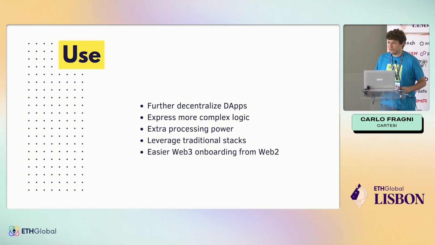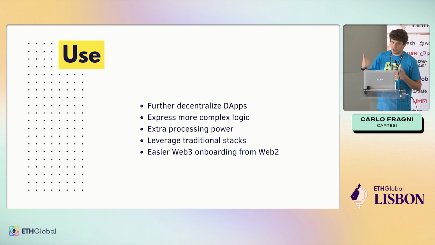Cool. Now that you have a crash course on how to make a Cartesi application and the interface and stuff, let's take a look at some usages and some nice things people are doing with it. So generally, people use Cartesi either to further decentralize dApp logic, because in most dApps, when you go to high computation or something complex, you generally put a part of the dApp in smart contracts, and then you put most of the logic centralized.